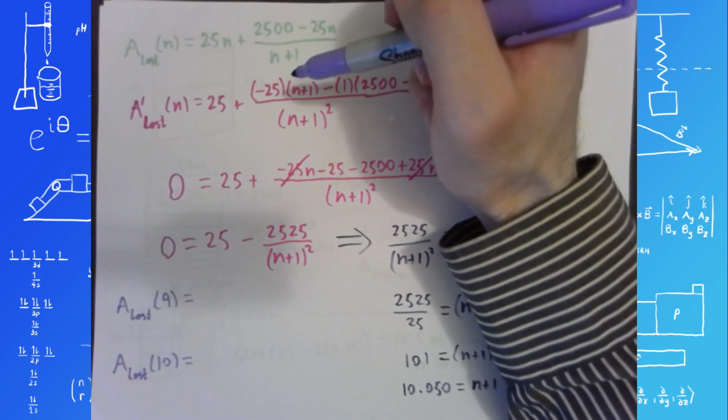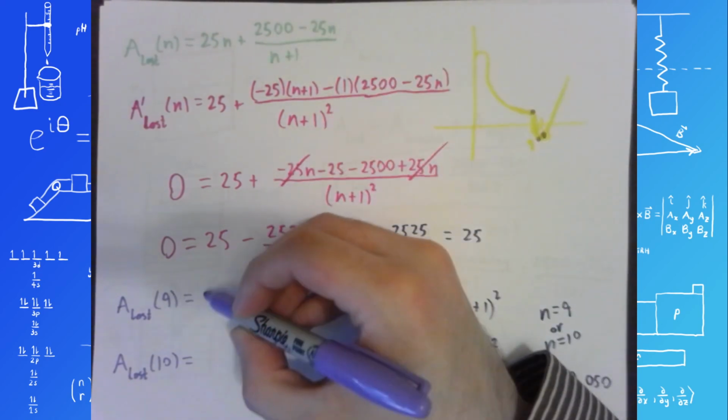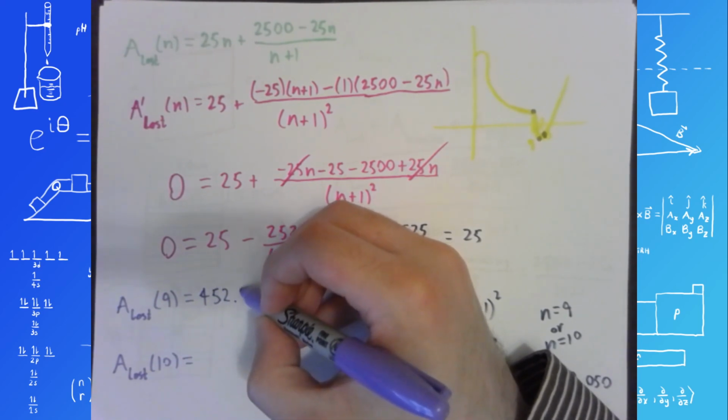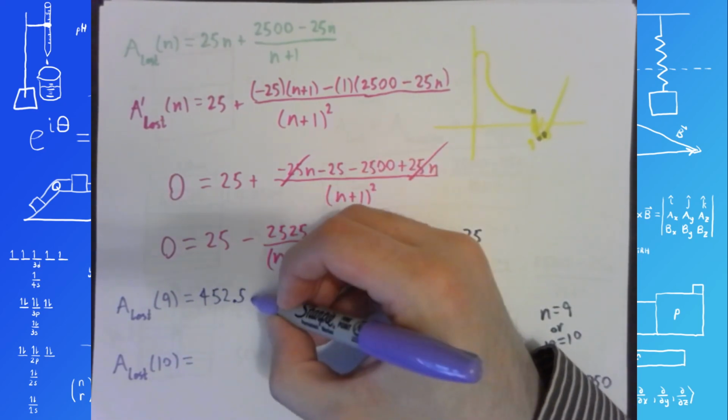I get 905 over 2, which is 452.5. 452.5 square miles